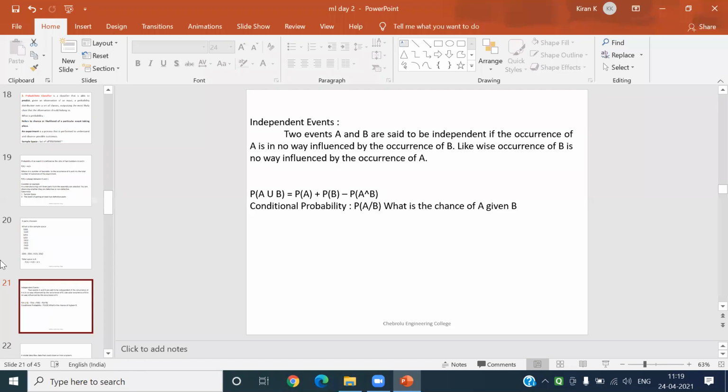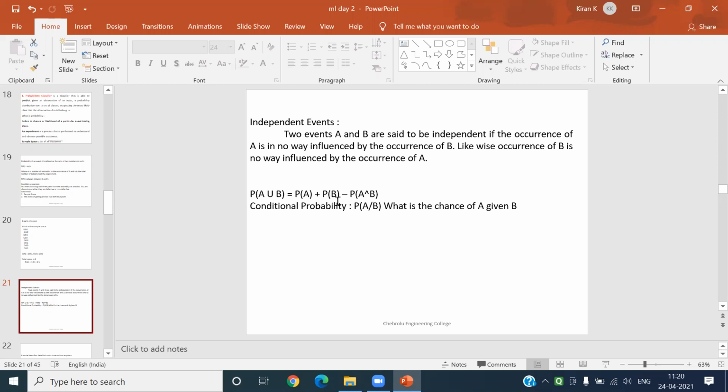So I request you all to kindly have a look at this. Right. Now, some addition rule. If you want to talk about probability, there are many things: addition rule, subtraction rule, multiplication rule, Bayes theorem, everything is there. We'll be going through all these things in the second unit, but still, just